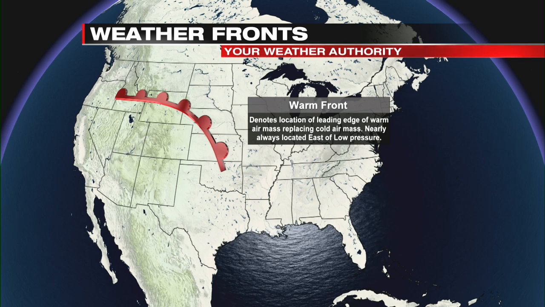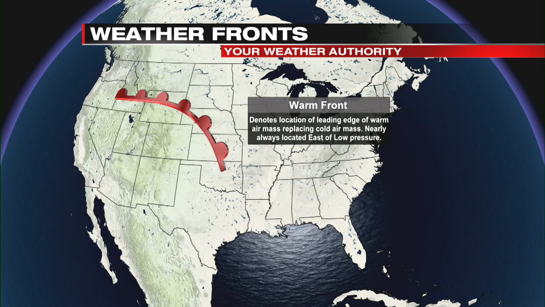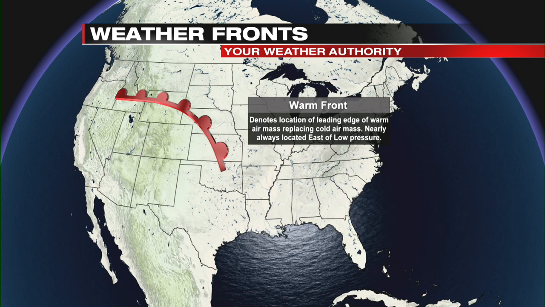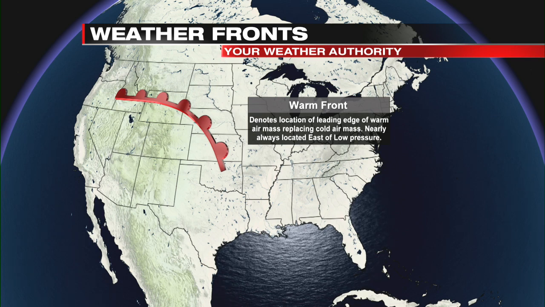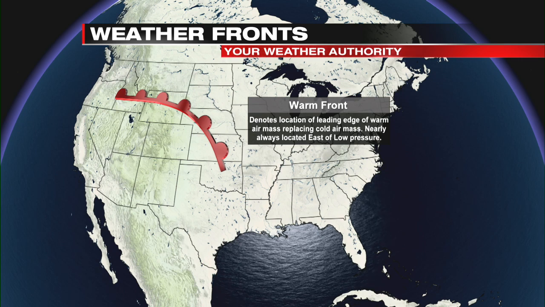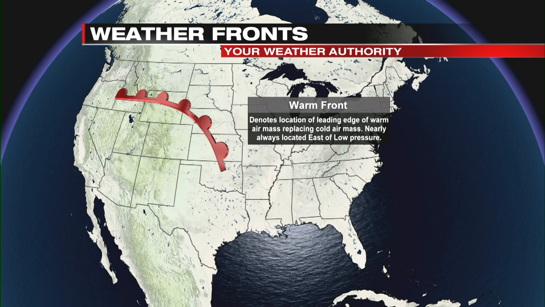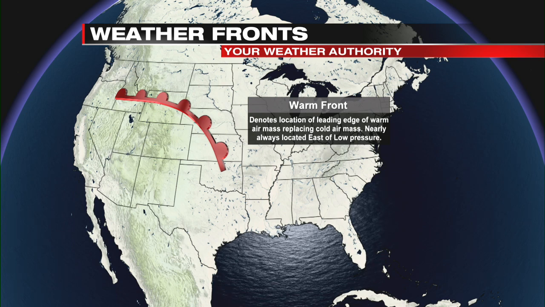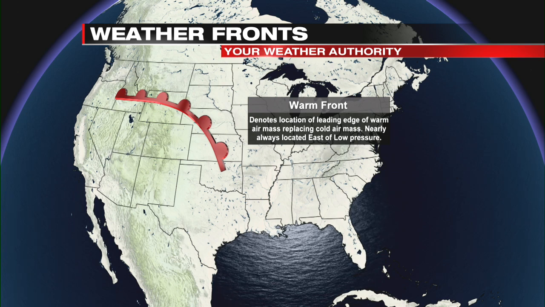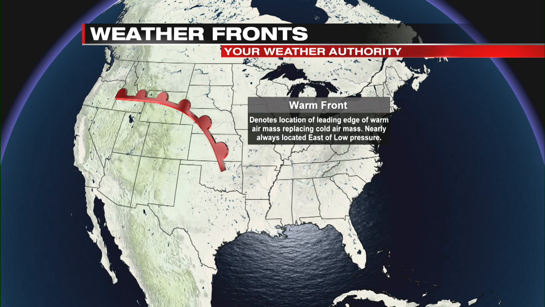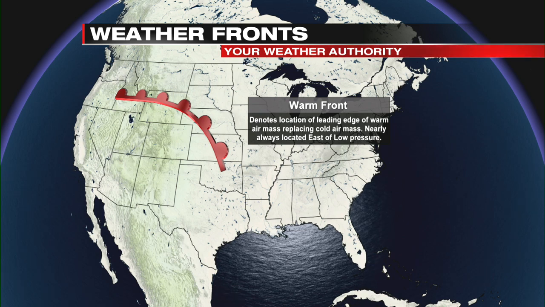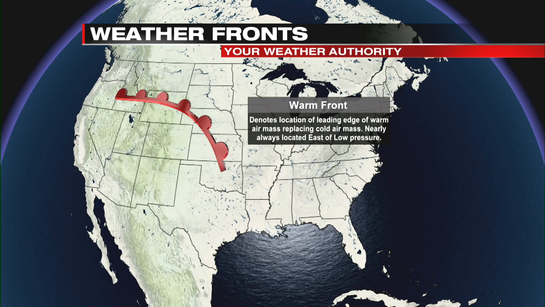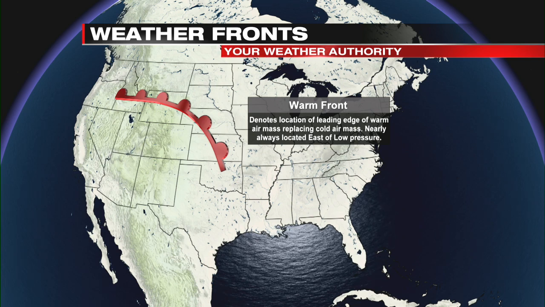It's like having a big lineman in football confronting a ballerina, perhaps. The ballerina can't move the football player. So the ballerina is the warm air. The ballerina can go over the cold air, but it can't push it out. So with a warm front, the cold air is retreating and the warm air is taking over. So basically we use the word displacing with the cold front. With a warm front, the warm air is actually replacing a colder air mass.